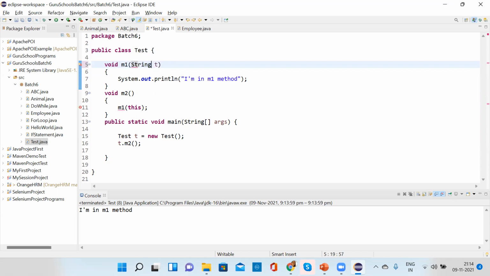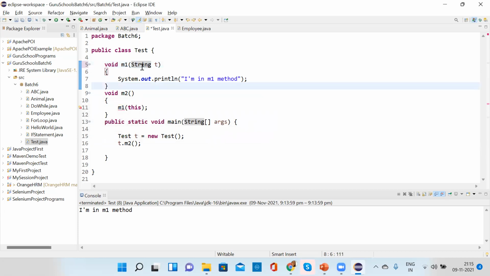If we use a string or any other variable, it's a type mismatch: the method M1(String) is not applicable for the argument as Test.